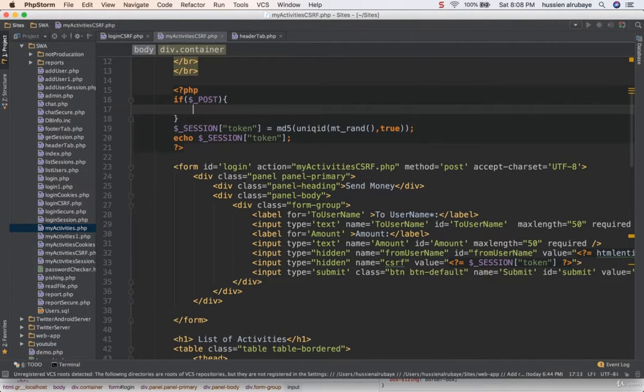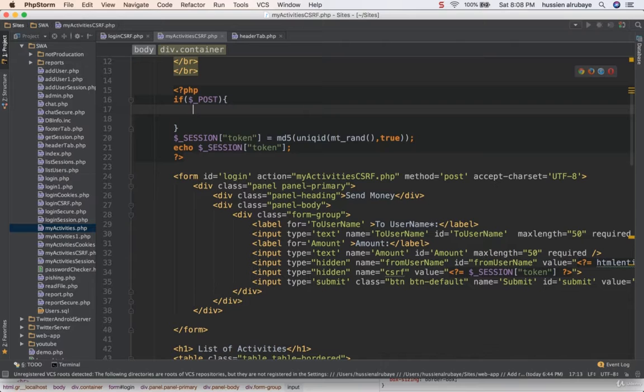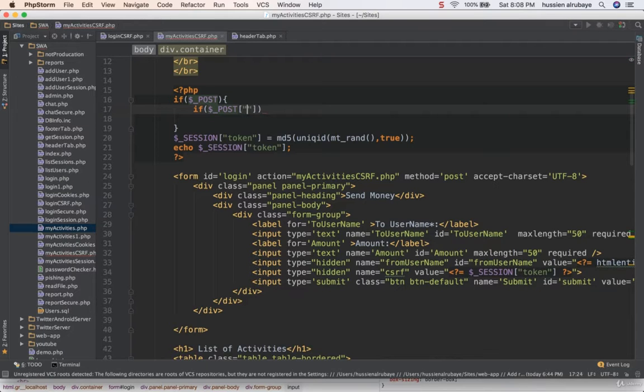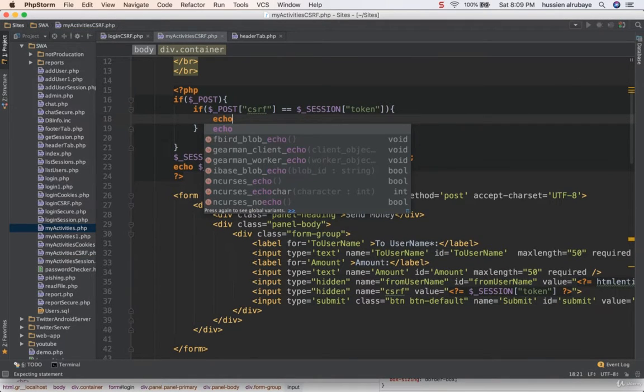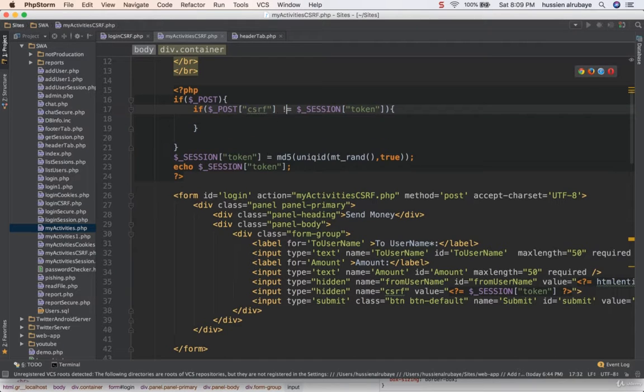Then I will check. I say, if the value that I have in this field, CSRF, if the post for this value in the field is similar to what I have in the token session, that means, hey, I'm good to go. Okay, echo, it's good. We're good. We don't have any problem. Otherwise, if it's not equal, just return